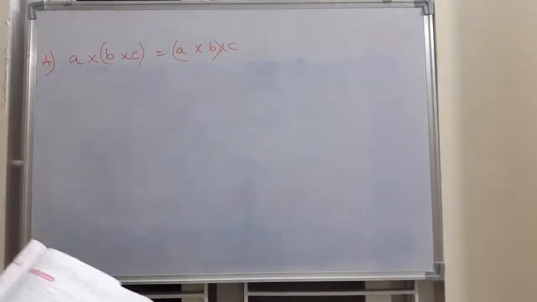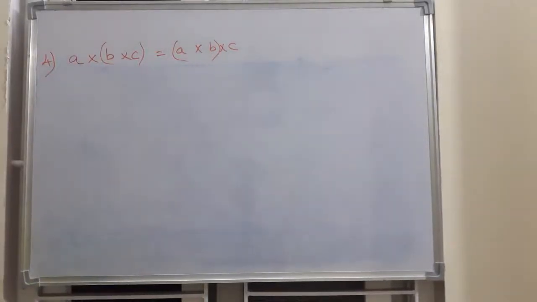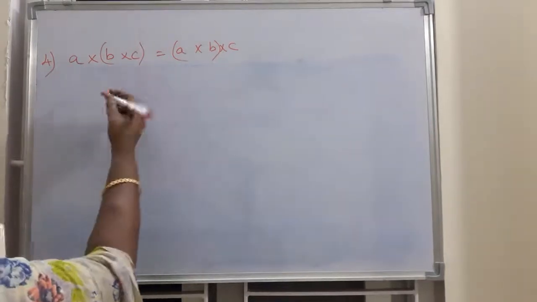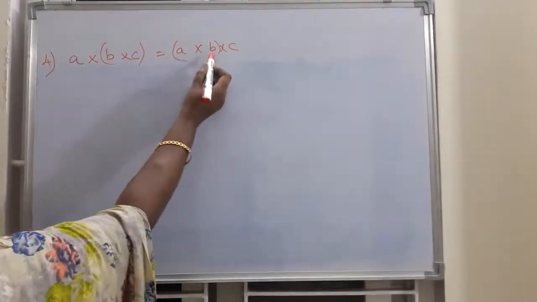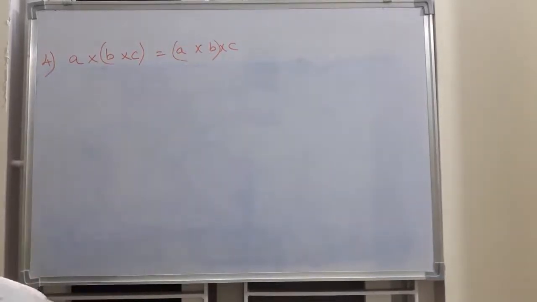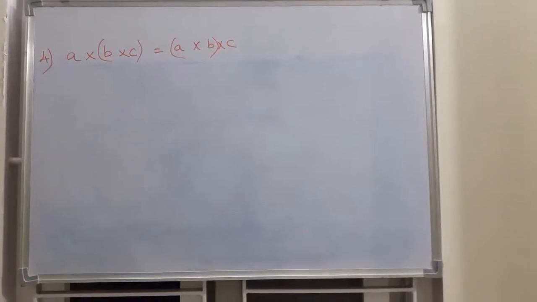So see once again the question. Changing the order in which three numbers are multiplied. So these three are multiplied in different order. Here BC is multiplied, here AB is multiplied. But still you will get the answer same. So that's what he's asking, the property of this. So you can write it as distributive property or just this is the property which you should write. So A into B into C is equal to A into B into C.